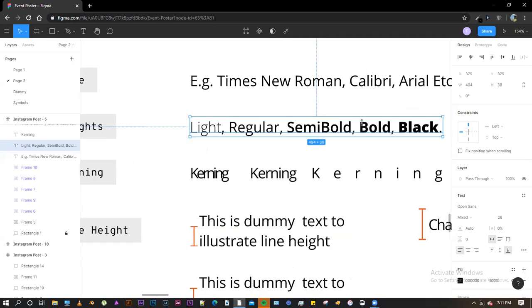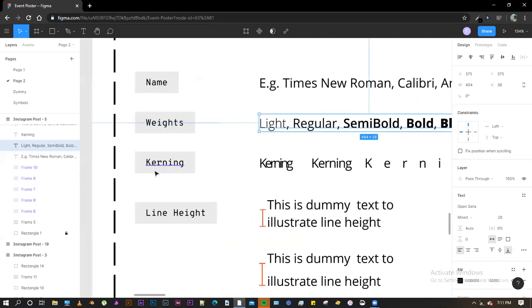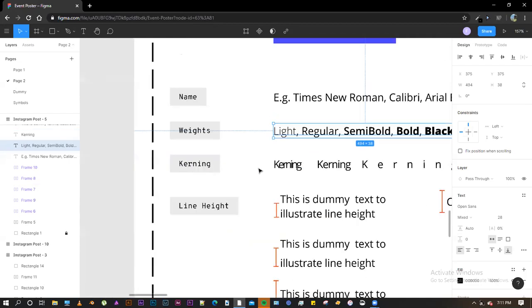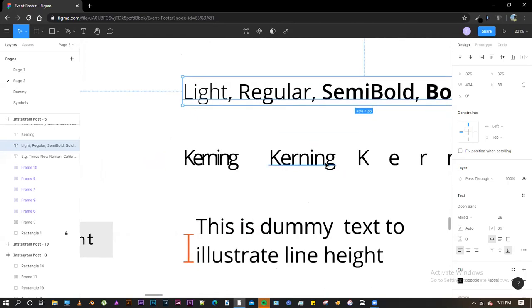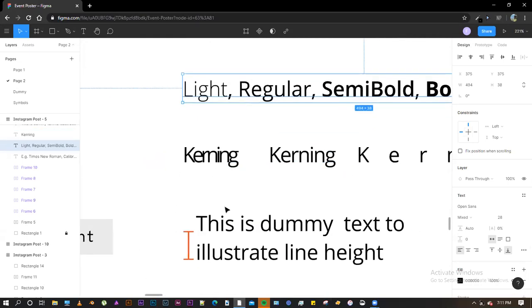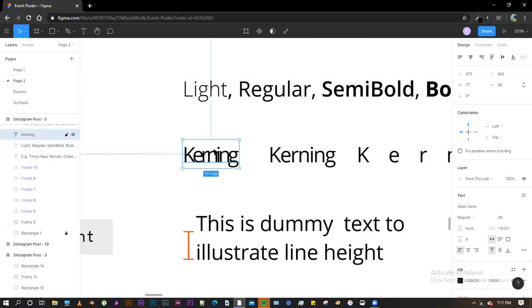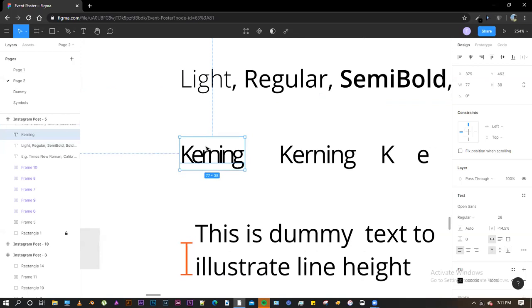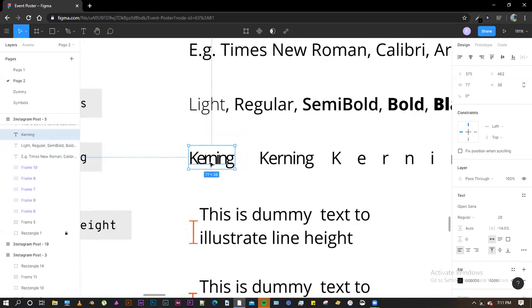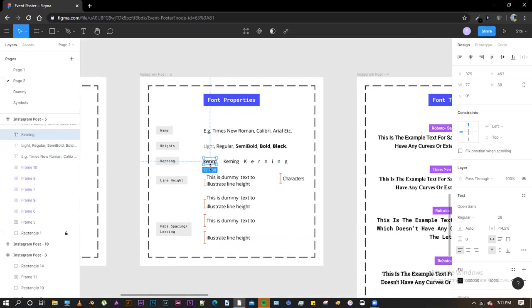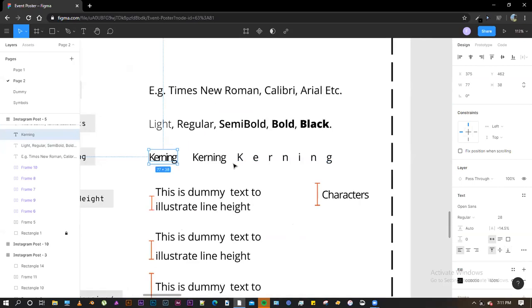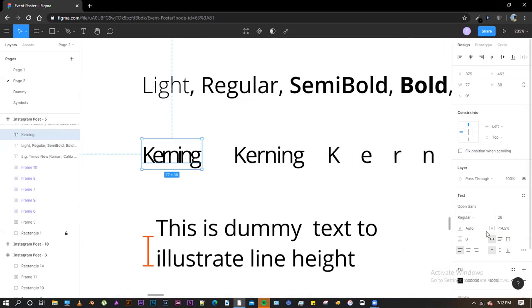The next property of font, and this is a technical term, is kerning. Kerning is the spacing between the letters. It is the relative spacing between the letters. There's a very prevalent joke in the design field that if the kerning is not enough, it would look like kerming. So, Kaming. If I zoom out, it would seem like I've written Kaming instead of kerning, and it can be adjusted from this. So minus 14.5 means minus 14.5% of the font size.